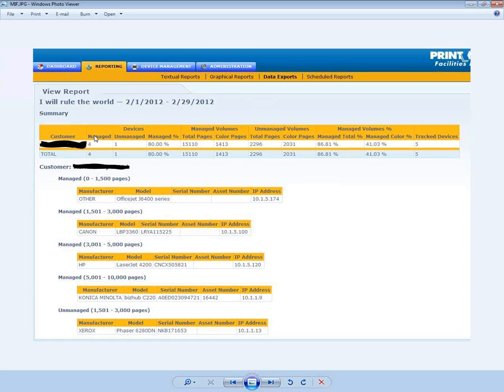Now what's really interesting here is when you go through this report, you can see at the top there are 4 breakdown areas: devices, managed volumes, unmanaged volumes, and managed volumes percentage. And what we're showing you is a competitive analysis. So when you install the ICE at a customer site, and this is really important for a lot of people, when they install ICE, when you select the IP ranges, they're only indicating the actual devices that